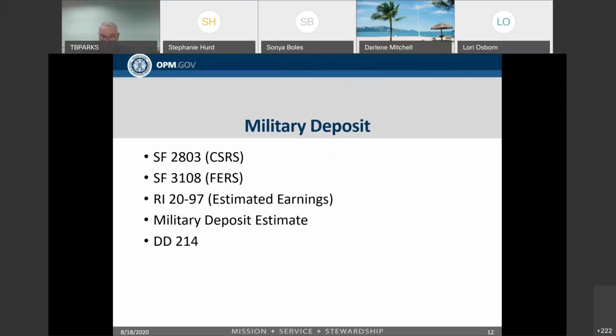If a partial payment was made prior to death and the survivor does not want to complete the deposit, the survivor can request OPM refund the partial payment. Keep in mind, though, the refund will be made in the deceased federal employee's order of precedence. So if there's a designation of beneficiary and it doesn't name the spouse, then that surviving spouse would not be the person to receive it. The IRR for the completed military deposit needs to be sent to OPM from payroll as soon as it's paid in full. And we have to have that before we can finalize the case with credit for the military.